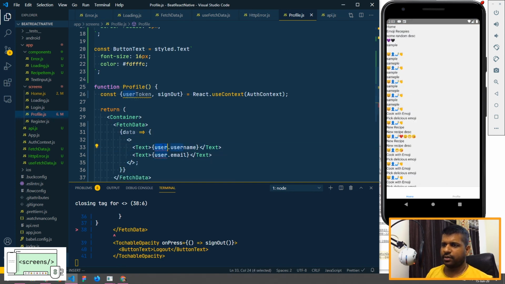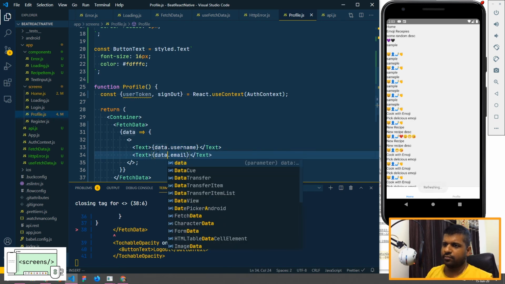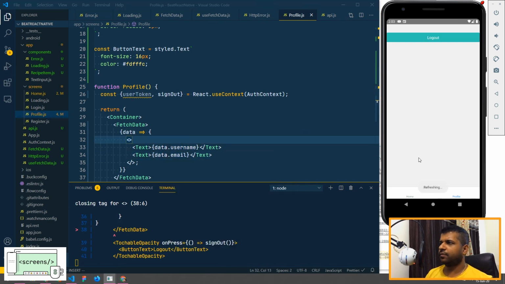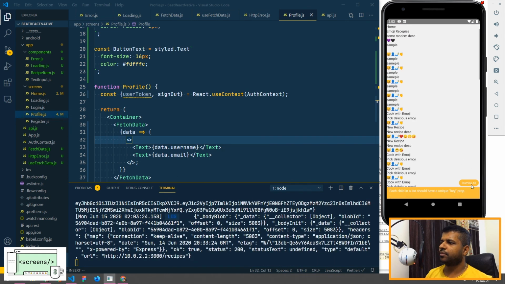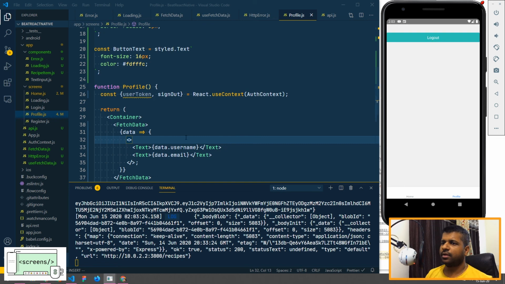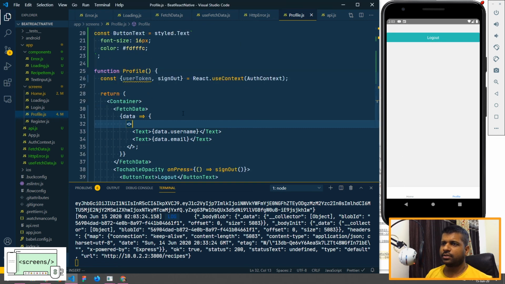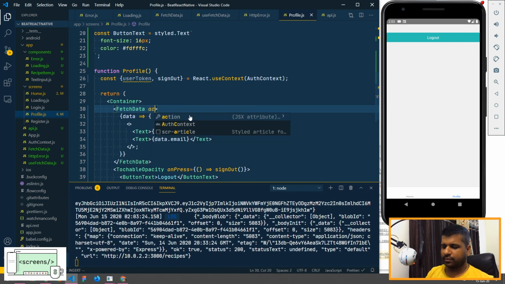So instead of user, it will be data. Let's see if it is working. No, I don't think so it is working. Let's go ahead and console log the data. Oh, sorry, so we need to pass the action as well.